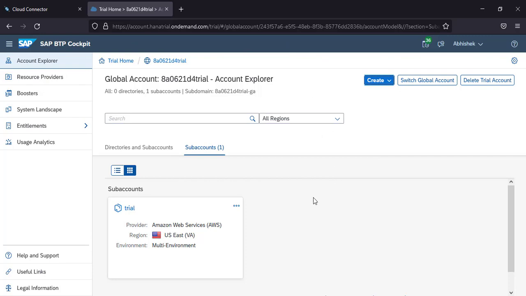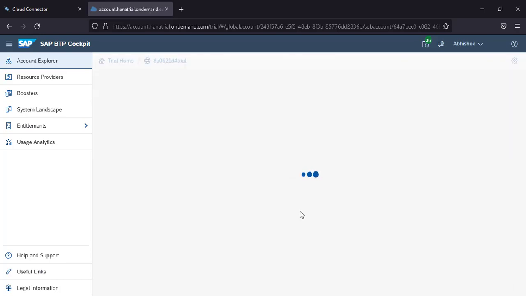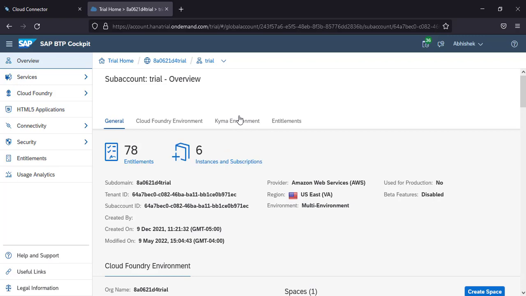which has been created, and a default trial account is created where we are using a provider as Amazon AWS, which is a cloud, and the region I'm using is US East. Okay, there are multiple regions as well which provide this service. Another is the Frankfurt region. I'm using a US region. Okay, so now the next step is we need to get a subscription of Business Application Studio for our trial account. So for that we will click on